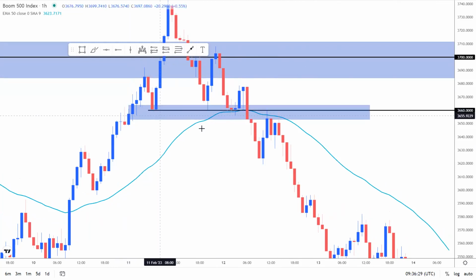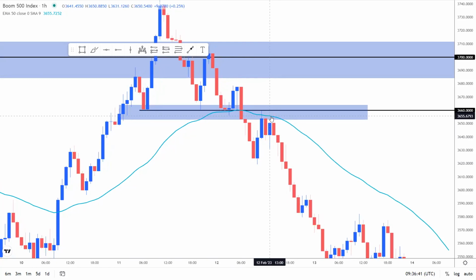And then looking to our left, you can clearly see this level acted as support, support, support 3 times. Previously the level acted as a support, and then we had a break. So a broken support becomes a new resistance. You can see we had lots of confluences, and then all we needed was a candlestick confirmation entry to go